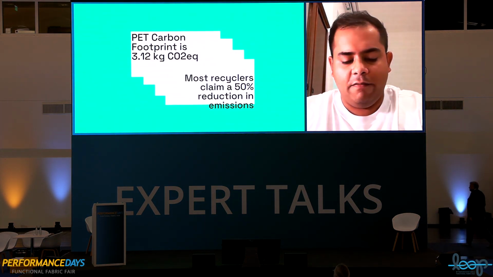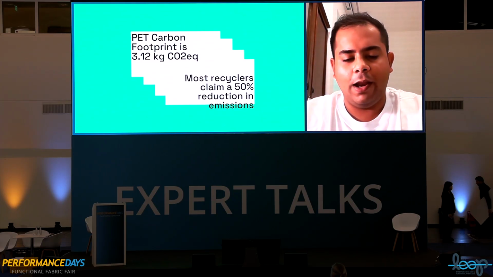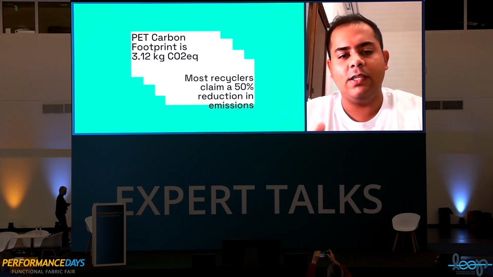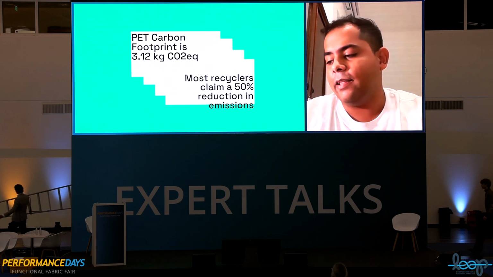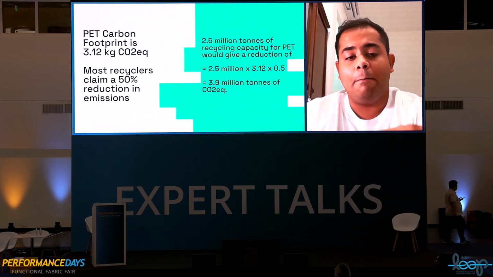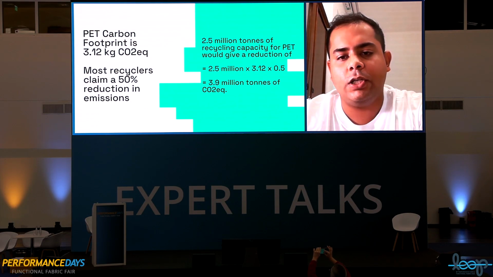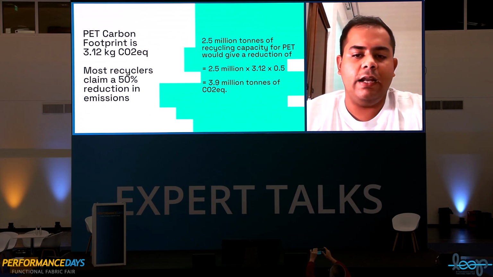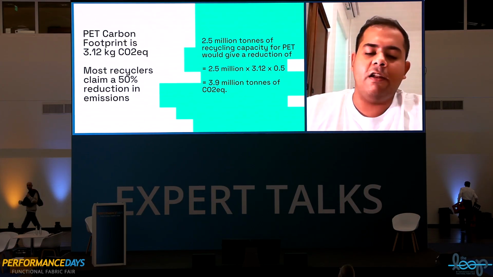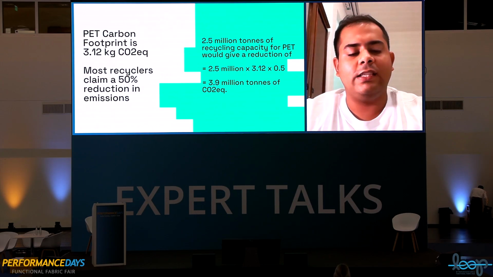So based on EcoInvent and the other databases, PET has a carbon footprint of about 3.12 kg CO2 equivalent. And most recyclers claim roughly a 50% reduction. Some are lower, some are higher. Higher ones I'm very skeptical about in terms of getting that reduction, but let's take an average of 50%. So if we were to calculate, we have 2.5 million tons of PET that we're going to recycle, for example, and we have a carbon footprint and there's a 50% reduction. All of that recycled PET is going to save us 3.9 million tons of CO2, which is a lot, but we need 455 million tons of reduction to meet our goals. Not 3.9 million, that's 1%, less than 1%.